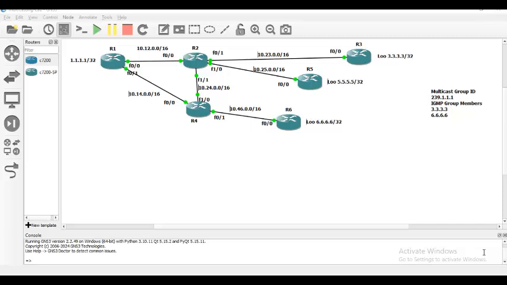So first we are going to do the dense mode. We're going to see how dense mode behaves. There are two group members, router 3 loopback and router 6 loopback. The group is 239.111. This is a class D address,